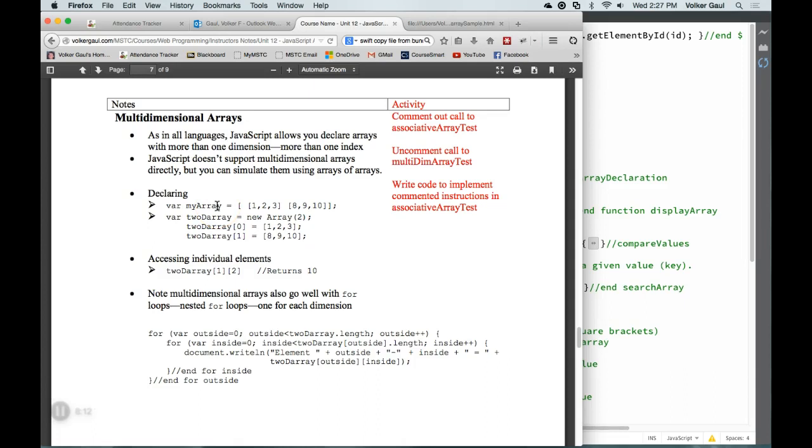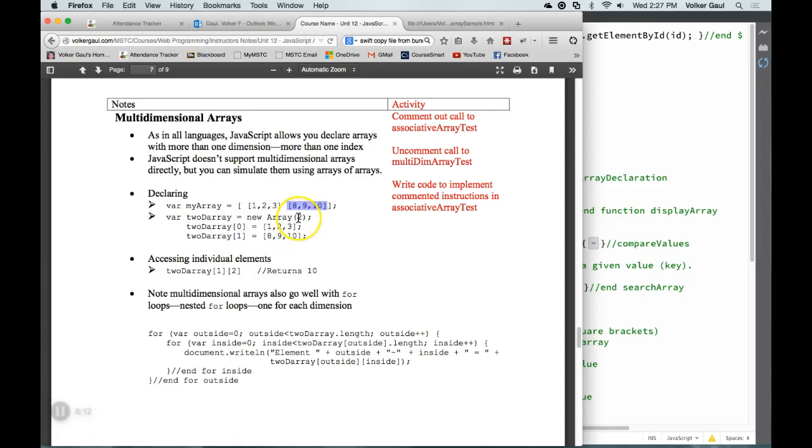See if we can mix our associative arrays with our regular arrays and figure out how to find our way through that. Here's a simple array declared right away, an array of numbers. I've got square brackets with square brackets inside, where here's one array and here's another array. Here's another way to do it: declare an array with 2 elements